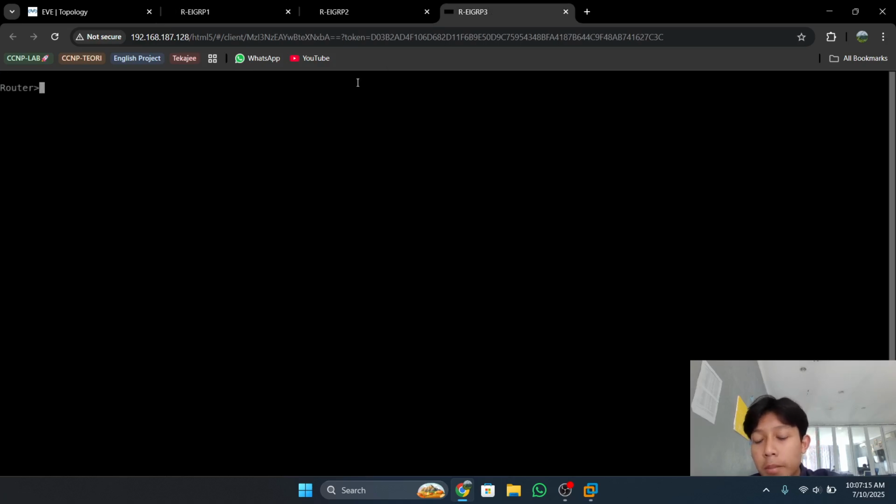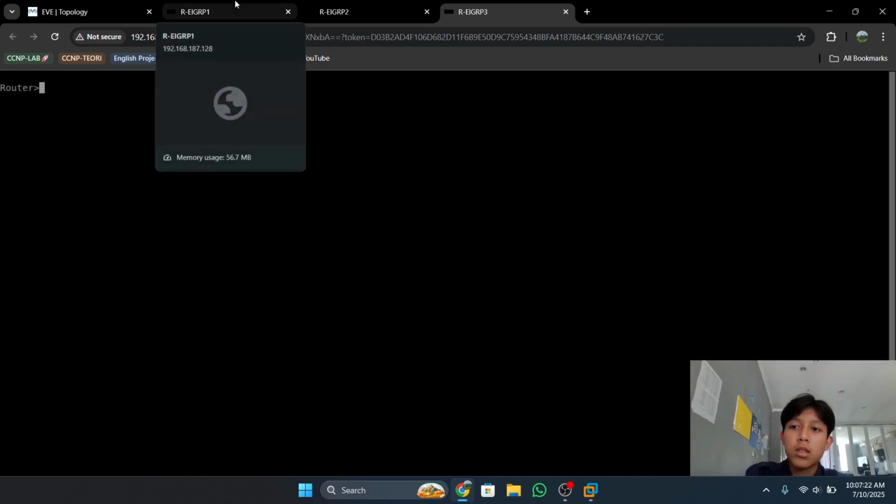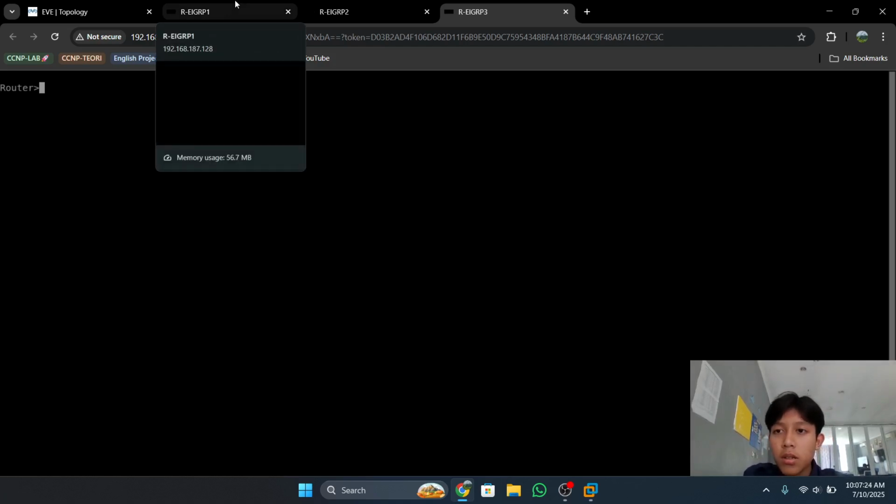The first step is to enter global configuration mode. For example, I will start from router 1, so you can type enable, configure terminal.